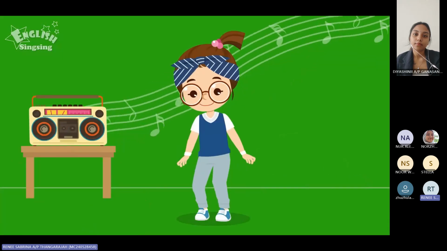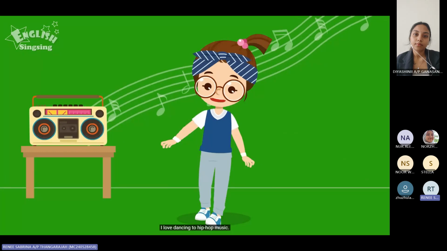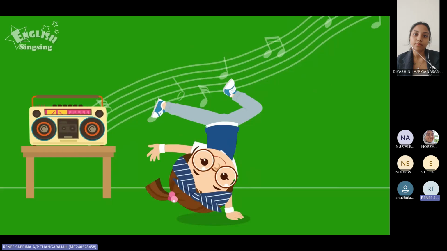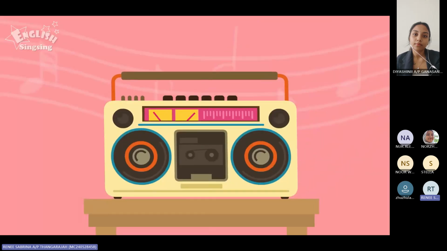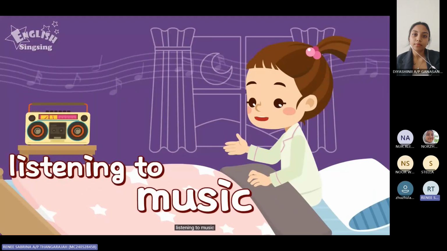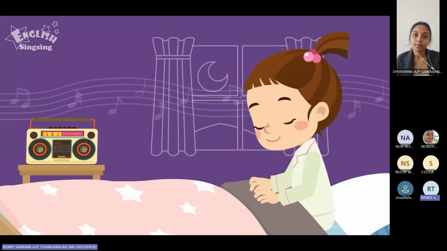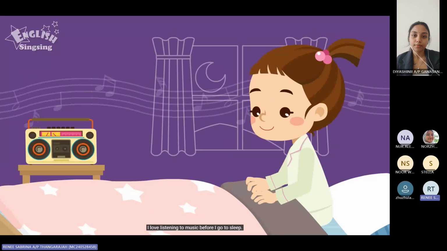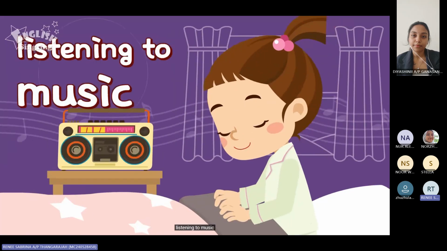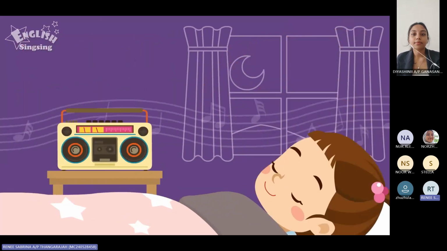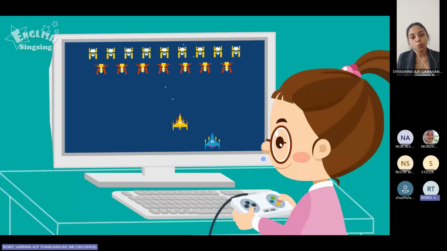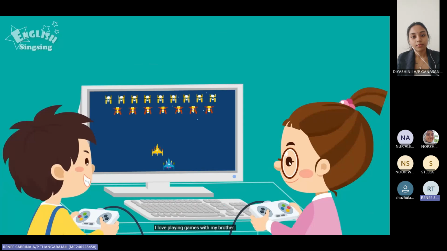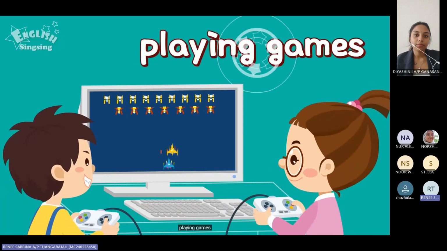Dancing. I love dancing to hip-hop music. Listening to music. I love listening to music before I go to sleep. Playing games. I love playing games with my brother.